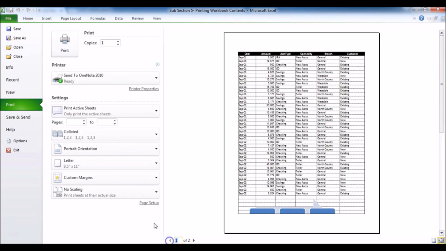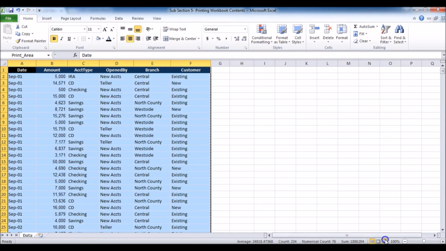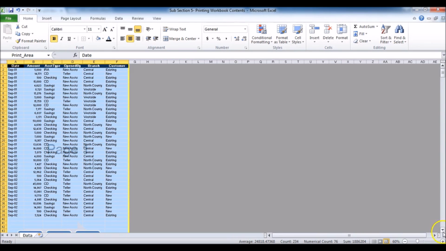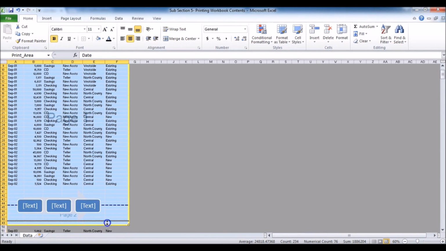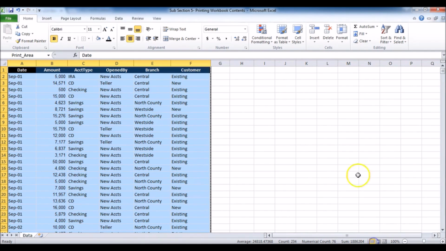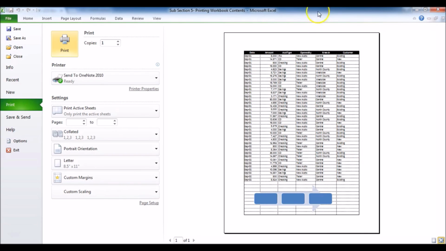So that's where page break preview comes in. Here you can see that blue line again, which is denoting page 2. So now I move my cursor over here, I drag it a little bit down and cover up this area also. Now I know the size of my font will decrease a bit, but I can see everything in a single page like this.